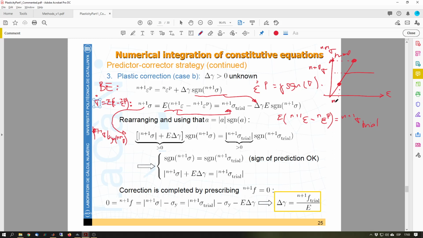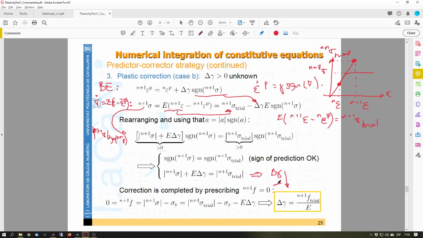This is a total stress, this is given, so we know this value, and now we try to deduce which is the new delta gamma. So the new delta gamma is given by comparing the modulus. This absolute value is positive, so it means that the sign must be equal. And now let's compare what we have inside the modulus. The modulus of sigma n plus 1 is equal to the modulus of sigma n trial minus E by delta gamma. So from here, we deduce what is our delta gamma by imposing that